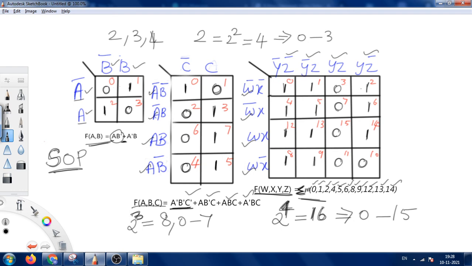So first draw the map, name the map, then number the map. After numbering, look for the terms available in the equation. Accordingly, fill the values carefully and then cross check how many terms are in the question and how many terms you have put in the map. Then fill the remaining positions with a 0. So that's all. This is the way to draw, name and fill the Karnaugh map before solving or simplifying the expression using the Karnaugh map grouping method.